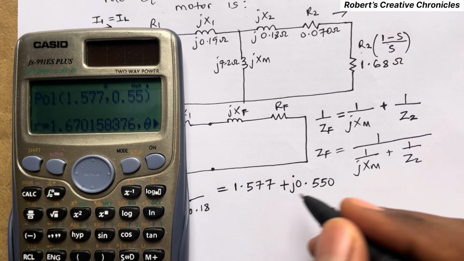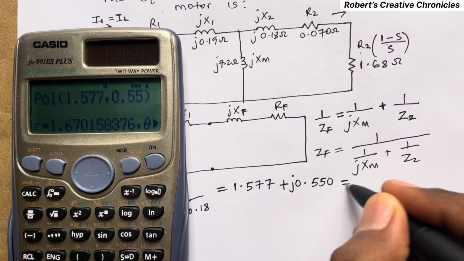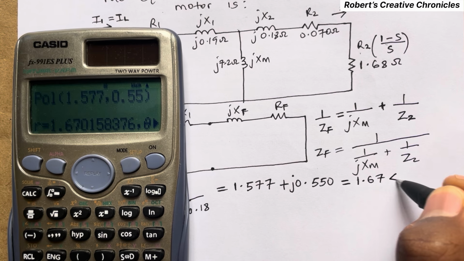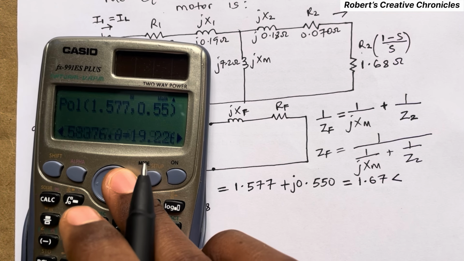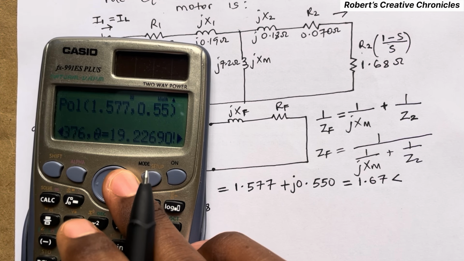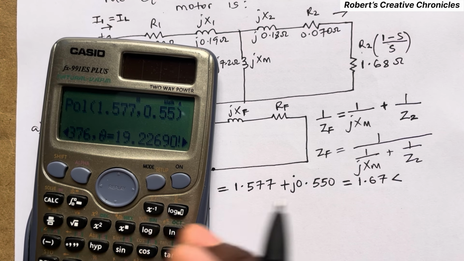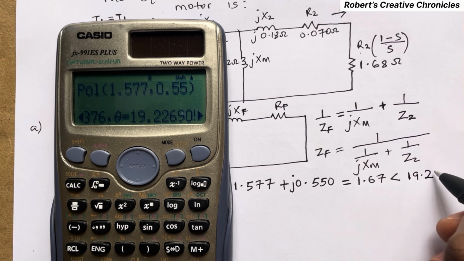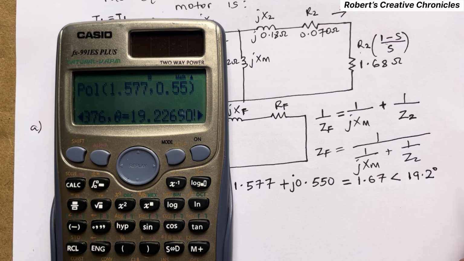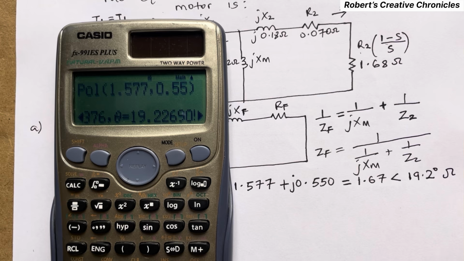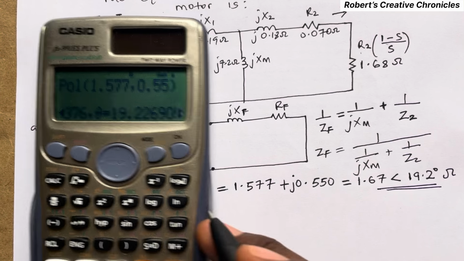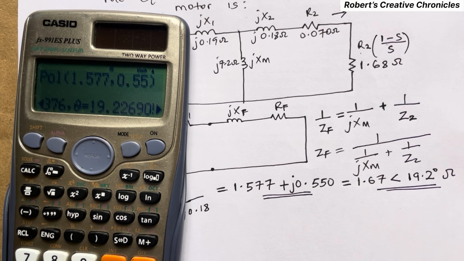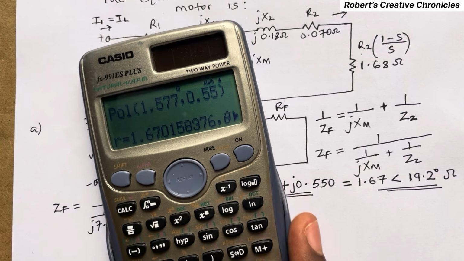Now you can see this is equal to 1.67, with an angle of 19.2 degrees. Then you press equals. So these are the answers: this is the rectangular form and this is the polar form. So now